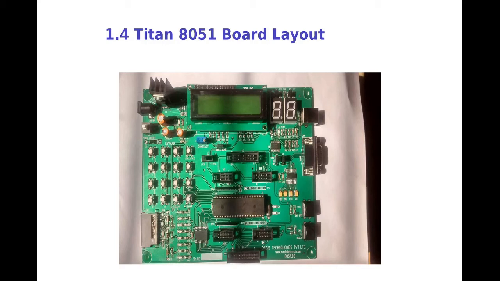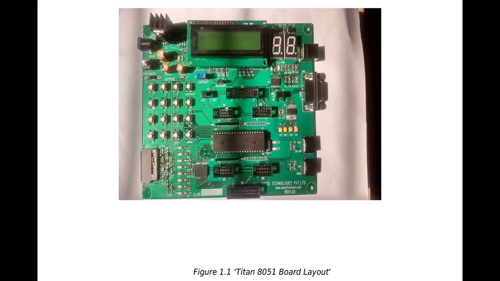And moreover, there are a few controls in this particular LCD, that is register select and enable, which for this microcontroller are given connection from port 3, that is port 3.6 and 3.7. And regarding those connections, you will deal with them in your LCD control experiment. And coming to this 7 segment, we have display 1 and display 2, which are connected to port 3.4 and 3.5. And those things also we will be discussing in your LED 7 segment display experiment.